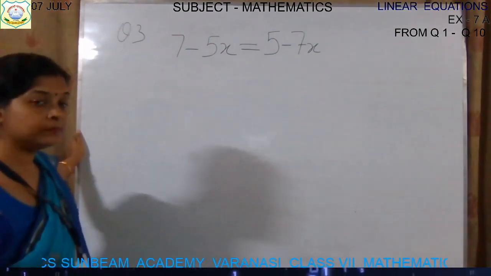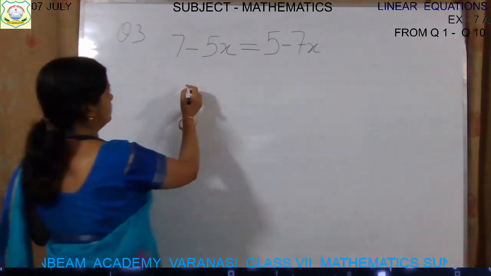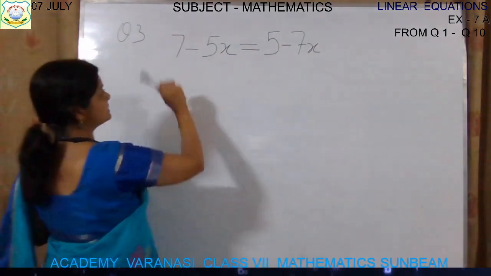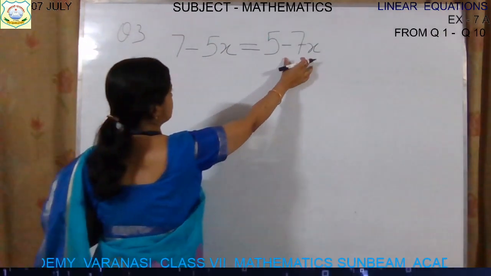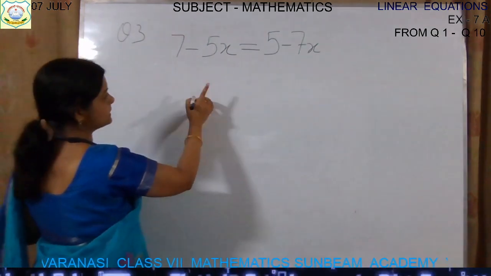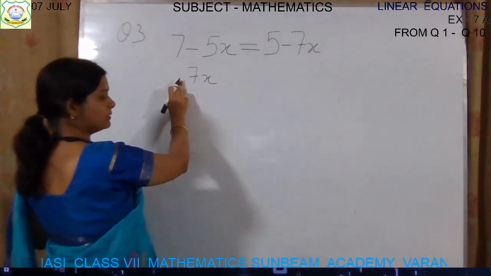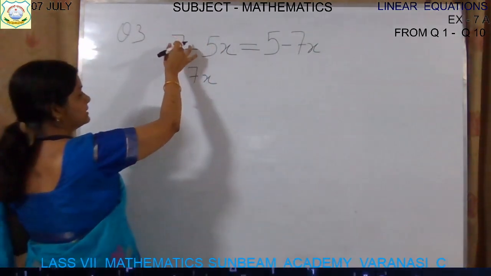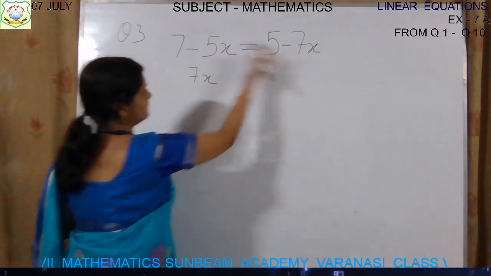So I am transposing all the variable terms to one side. So now if you shift 7x to this side, okay, this is minus 7x. Minus 7x, when it shifts to this side, it will become plus 7x. So I am writing plus 7x. Minus 7x, when it transposes to the left hand side, its sign will change. We are shifting the whole term. So minus will become plus.